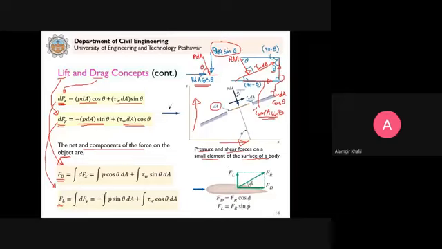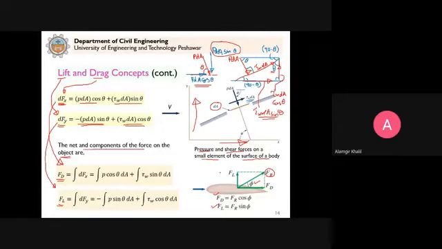So if we are interested in the resultant force, it will be easily calculated provided we know the components. So we can calculate the total resultant force and its orientation. Or conversely, if the resultant force and orientation are given to us, we can calculate the two components of the